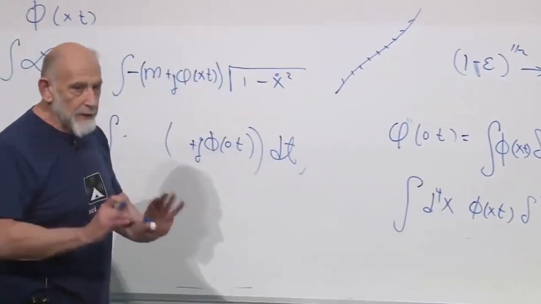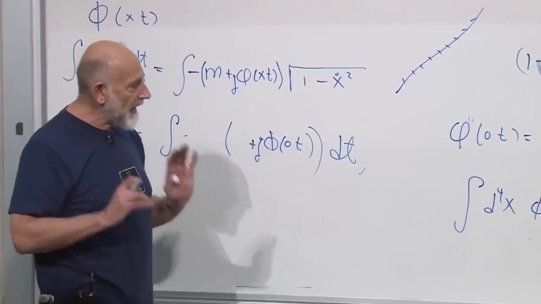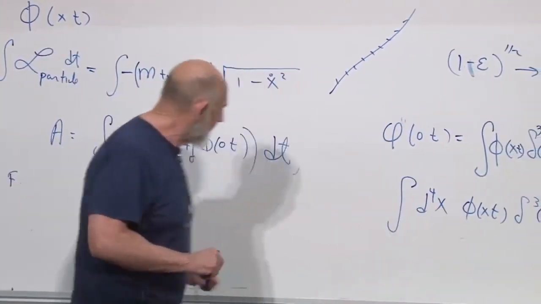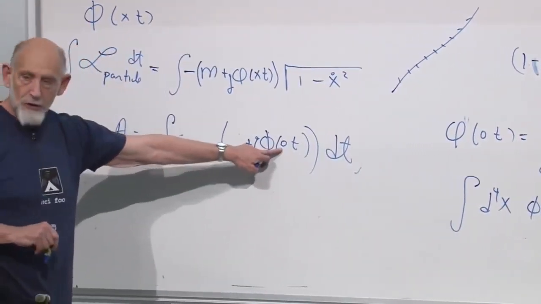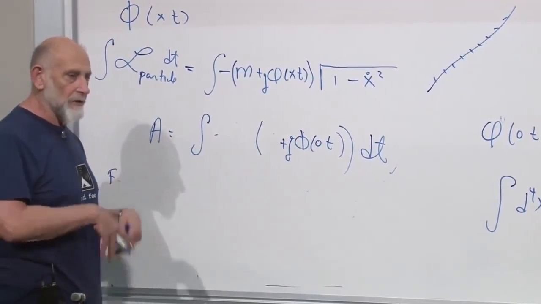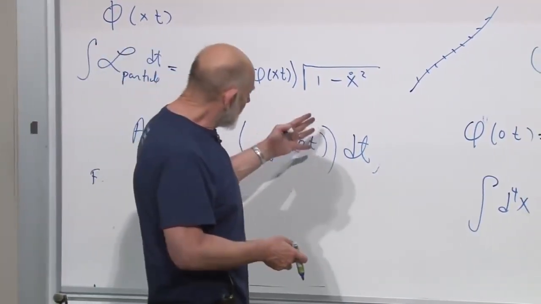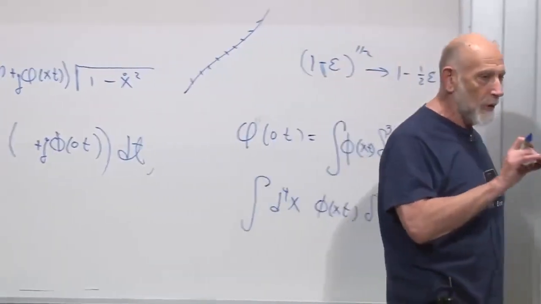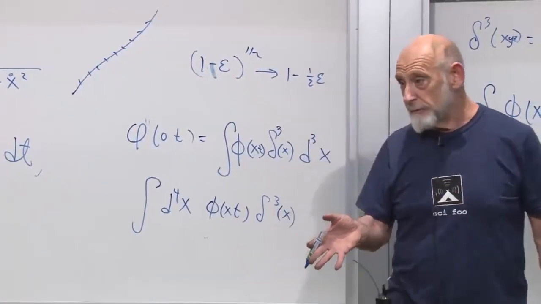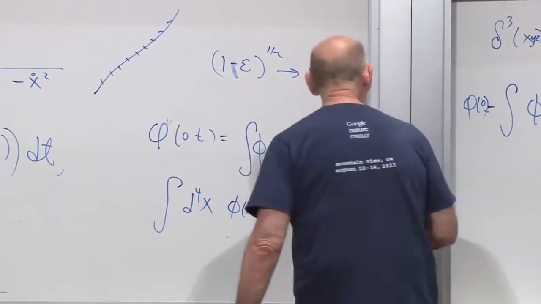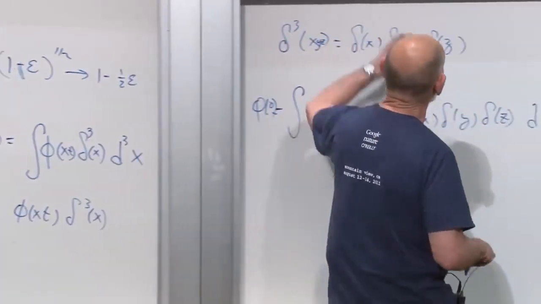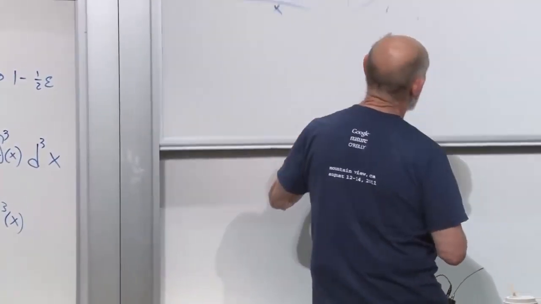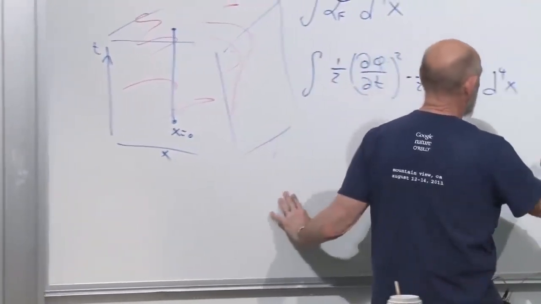This delta cubed of x is doing nothing but picking out the value of phi at the spatial position of the particle. That's all it's doing. It's a trick for writing the value of a field at a point as an integral. Why do I want to do it? Well, I would like to add here